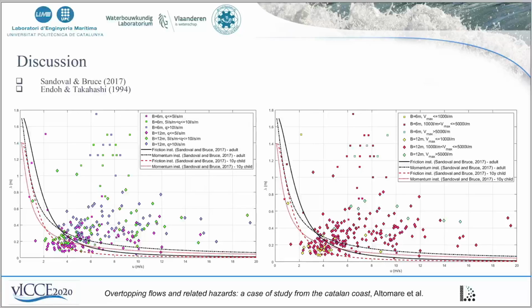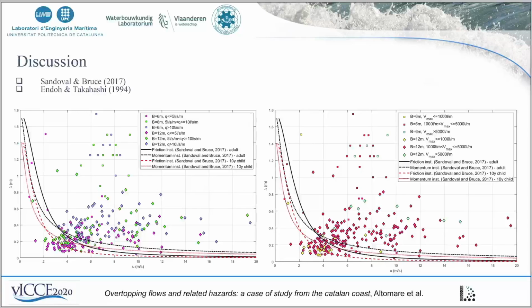We cannot say that for a specific volume or a specific discharge, all the values are in a safe region that is below the curves or in an unsafe region that is above the curve. We should look more carefully at the crest width. And if we look carefully at the crest width, we can see, first of all, that a longer crest makes the points move towards the safe region. That is especially true and evident for lower discharges, I mean less than 5 liters per second per meter, and for maximum volume smaller than 1000 liters per second per meter.